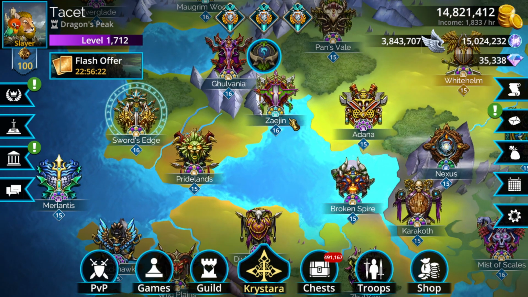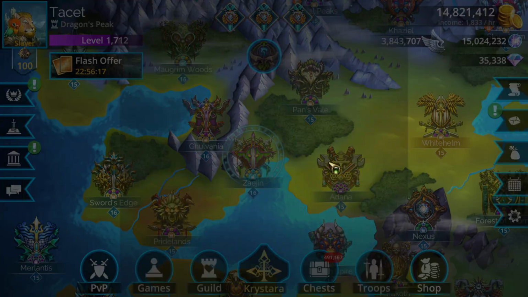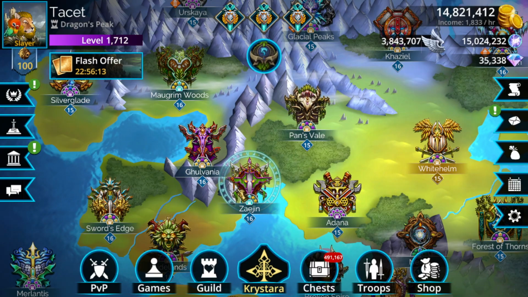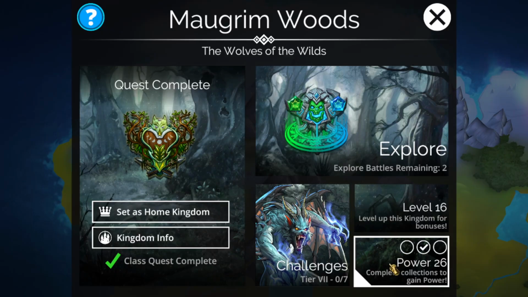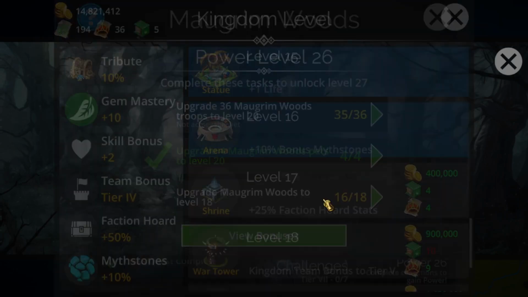So finally get that, as the game kind of wants us to now, though we're kind of blocked on those other annoying ones, because one thing that version 6.2 did bring in that I forgot to mention is our first 26-star kingdom. So if you do end up having a super amount of progress, you will now be locked out of this, because you would have to do both Zhejian and Magrim Woods to level 18,